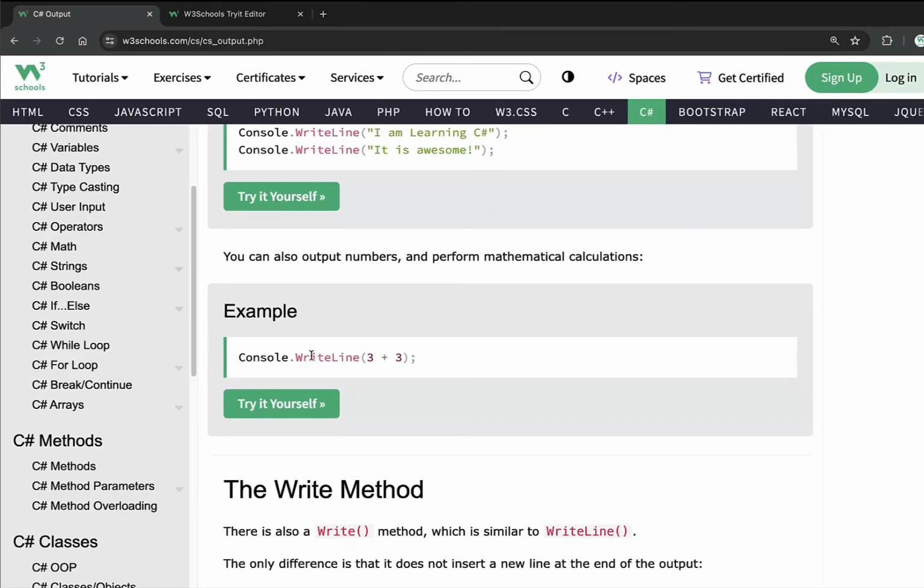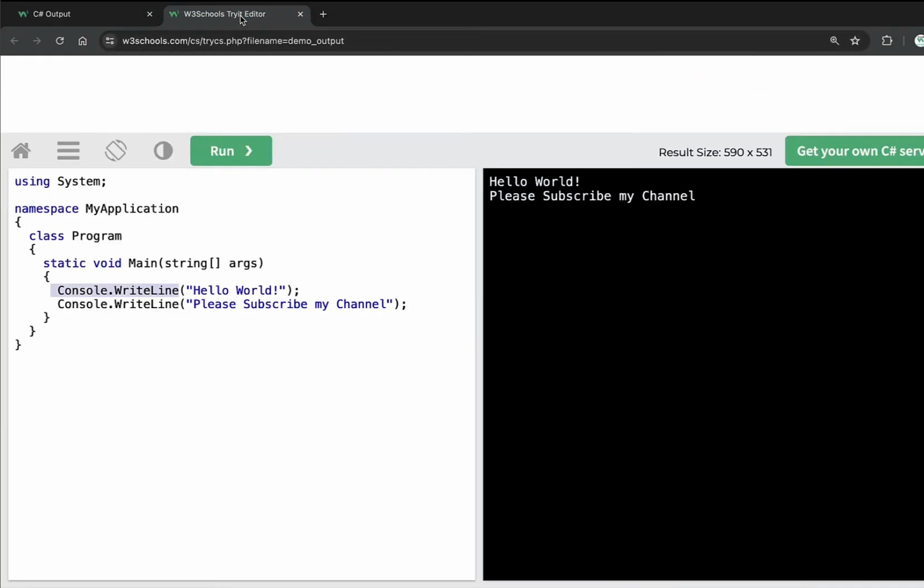You can also output numbers and perform mathematical calculations within the WriteLine method. So you can use Console.WriteLine 3 plus 3. This would also work fine. So if I come back here and write another statement, Console.WriteLine, oops, W-R-I-T-E, Write, capital L-I-N-E, and a semicolon. What happens if I go further? If I write a small l and say hello, let's say 3 plus 3, what happens now? I have deliberately written a small l. So if I run this code,